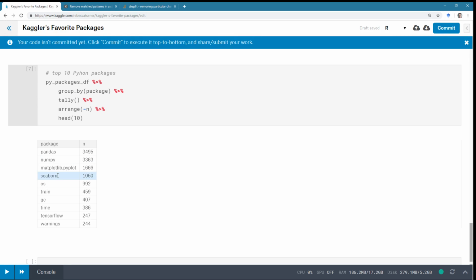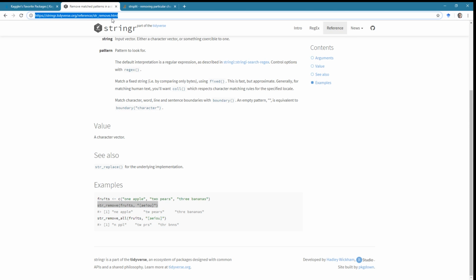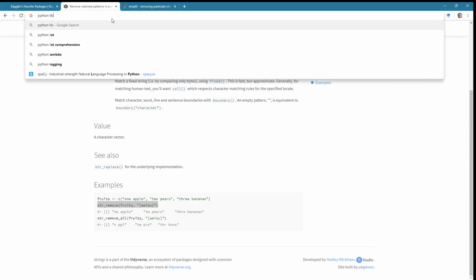Pyplot's a module in matplotlib. OS, which is obviously for integrating with the OS. You're very welcome, Ben. Train, which is from scikit-learn. Perhaps I have made a mistake. I'm pretty sure there's no Python library just called train.